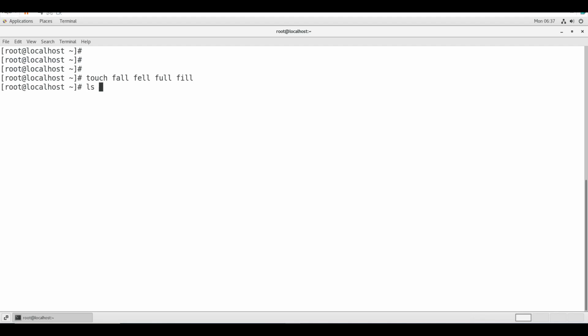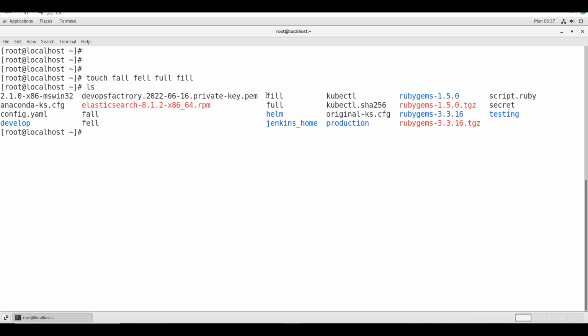If I do ls, I have these four files created: fall, fell, full and fill. I also want to touch three more files: try-tree technologies underscore script, try-tree technologies underscore scrap, and try-tree technologies underscore file. Now if I want to filter this, for example, ls -l try-tree technologies underscore script,